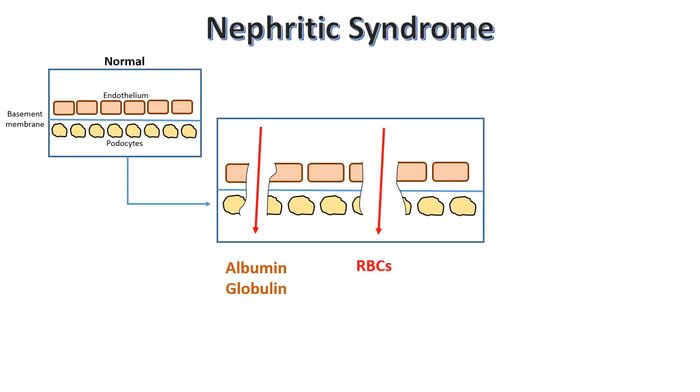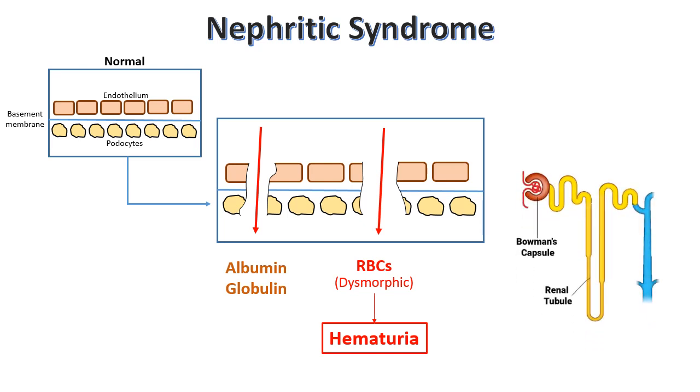There is also leakage of RBCs, which leads to hematuria. This RBC is of glomerular origin, which can be known from its microscopic appearance. RBCs originating from the glomerulus will be dysmorphic because they pass through many tubules. These RBCs get stuck in the tubular system and form cylindrical shaped groups, which appear in urine as RBC casts.